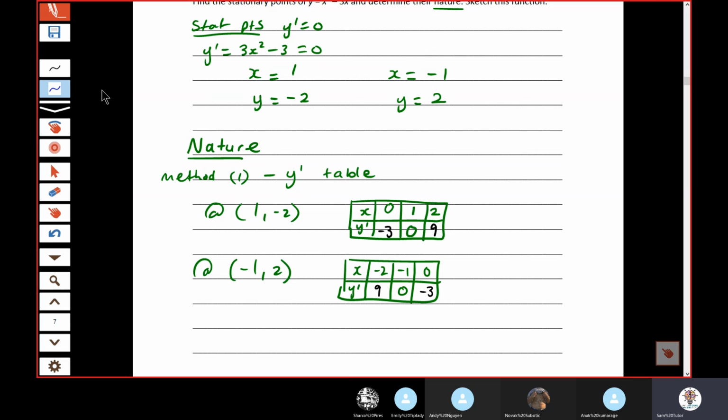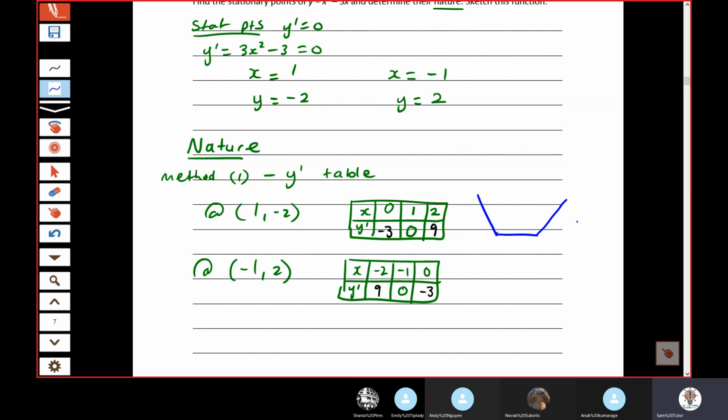Okay, let's recap something. When Y- was less than 0, what did we say? Decreasing, which means the gradient is sloped to the left. So if Y- is negative, don't remember the number, it's negative, it's sloped to the left. When Y- is equal to 0, it's flat. When Y- is positive, it's sloped to the,